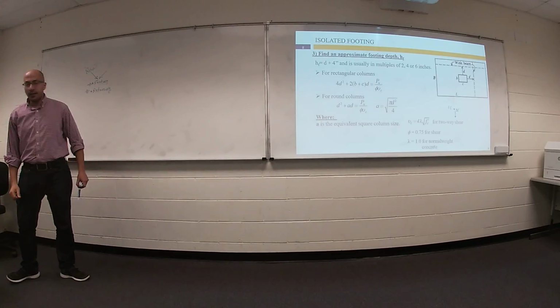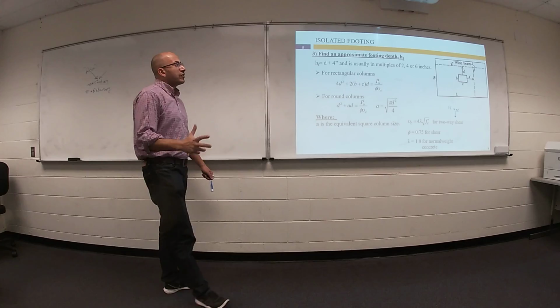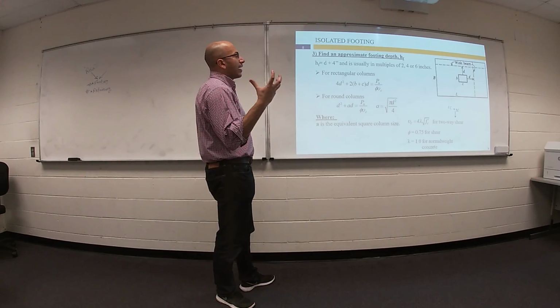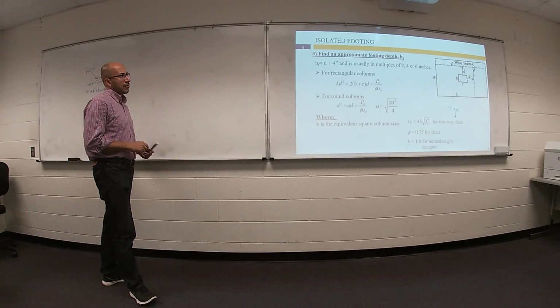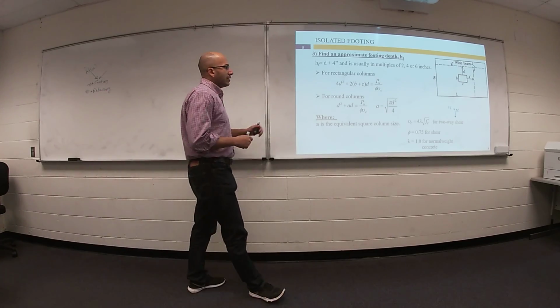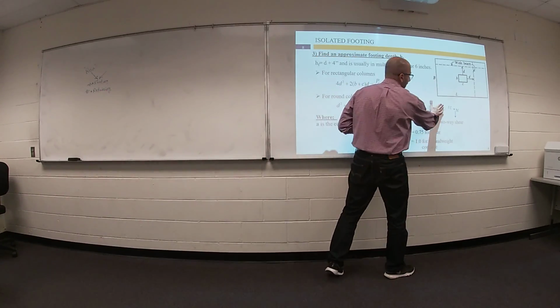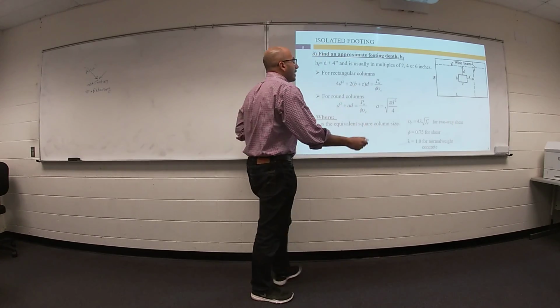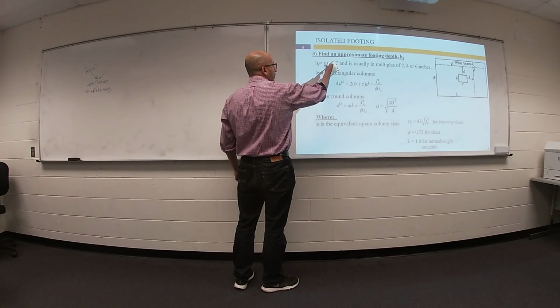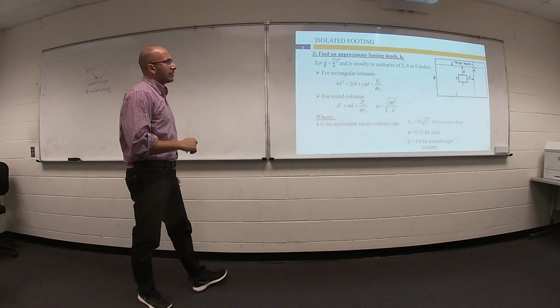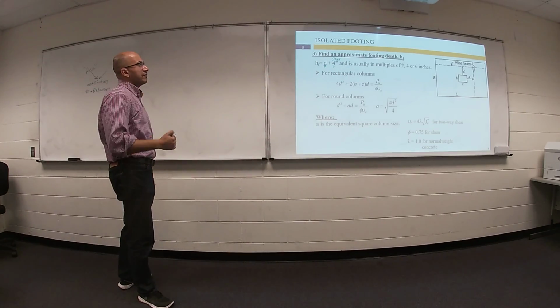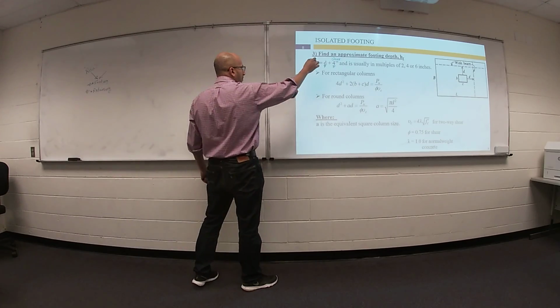Then you have to figure out what is the dimension of your footing, length and width. But before this, we need to figure out what is the total thickness of the footing. Total thickness equals depth plus cover. We are going to use 4 inch as a cover, 3 inch, maybe 5 inch, that's okay. Your depth,